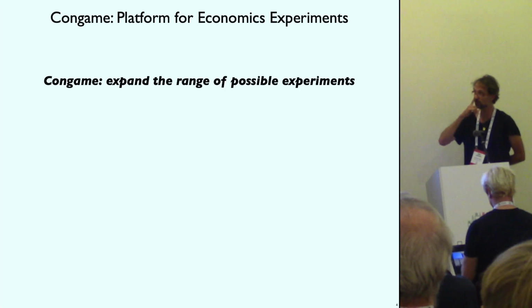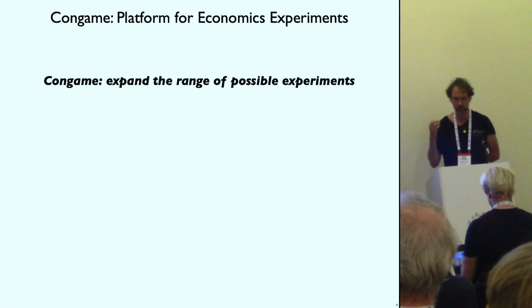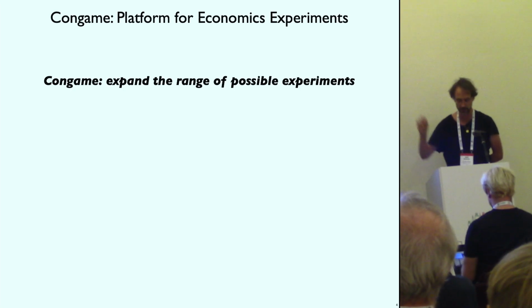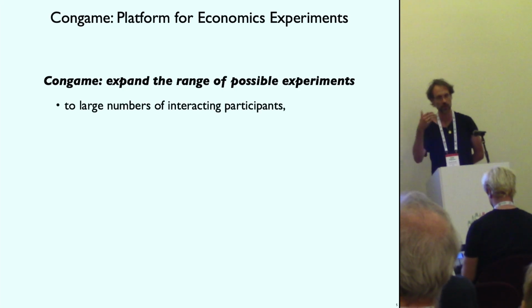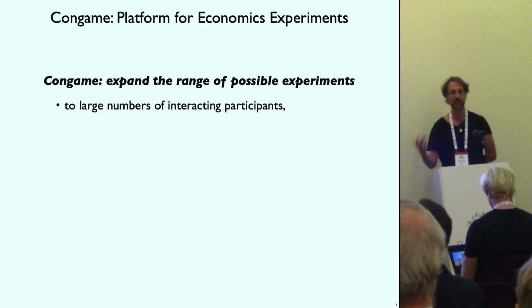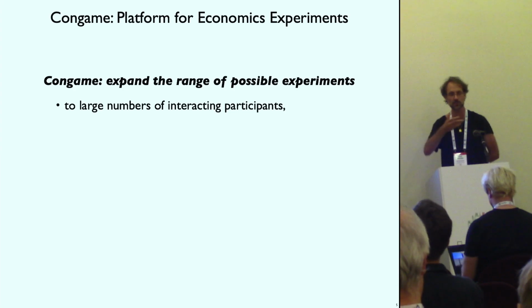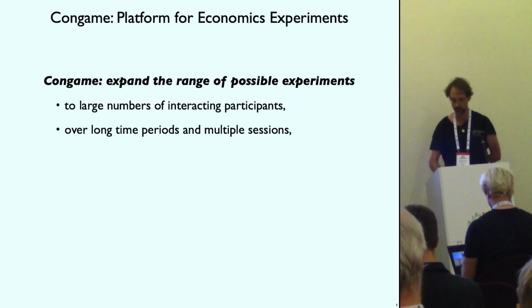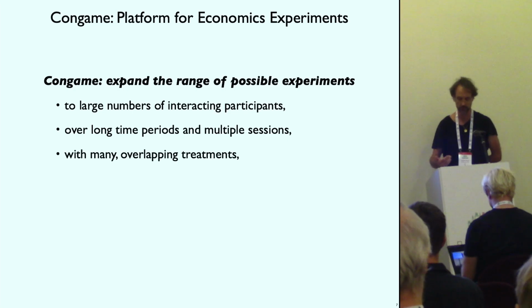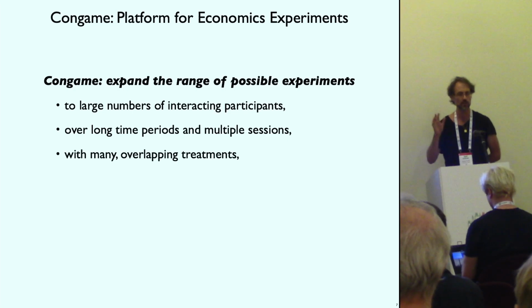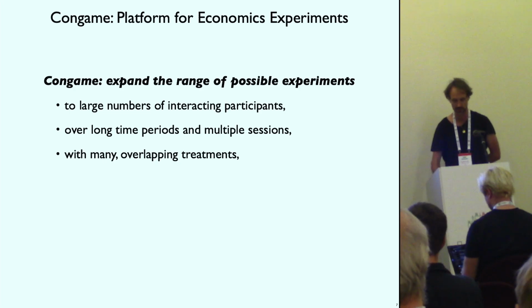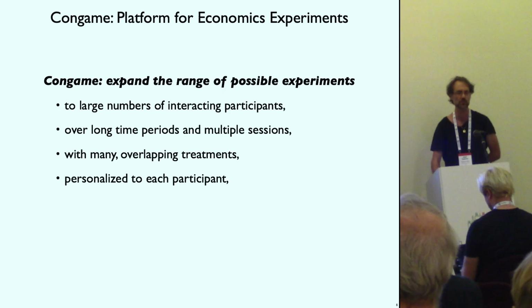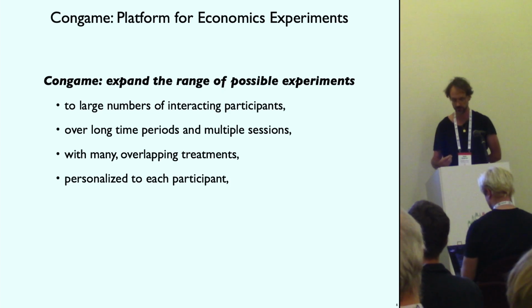But moreover, this was the Hello World example. What really the goal is of Congame, because this could be done in anything, is to expand the range of the possible experiments. What I have in mind here is a large number of interacting participants, playing market games, essentially simulating market games by having many people interact, over long periods of time, repeatedly, every week, with many overlapping treatments. Treatment means essentially A/B test. It's, I guess, the closest that you'd get to that in computer science. You can also think of treatments in medical experiments, except that economists don't do medical treatments.